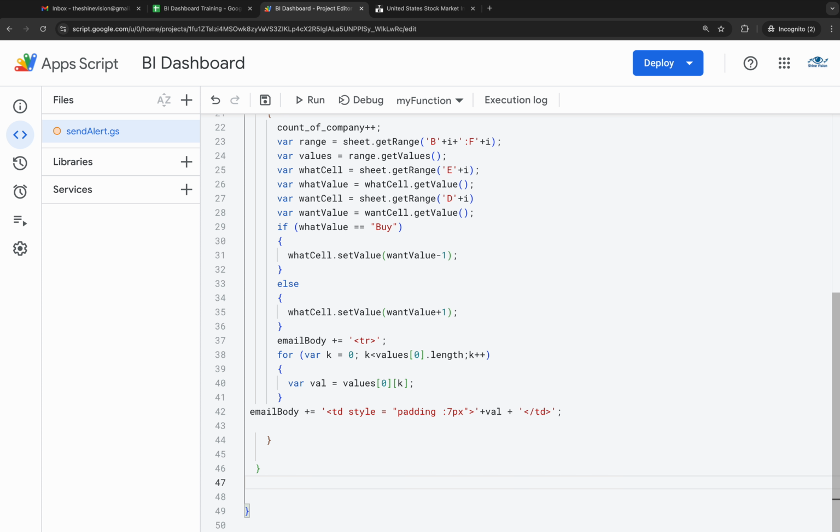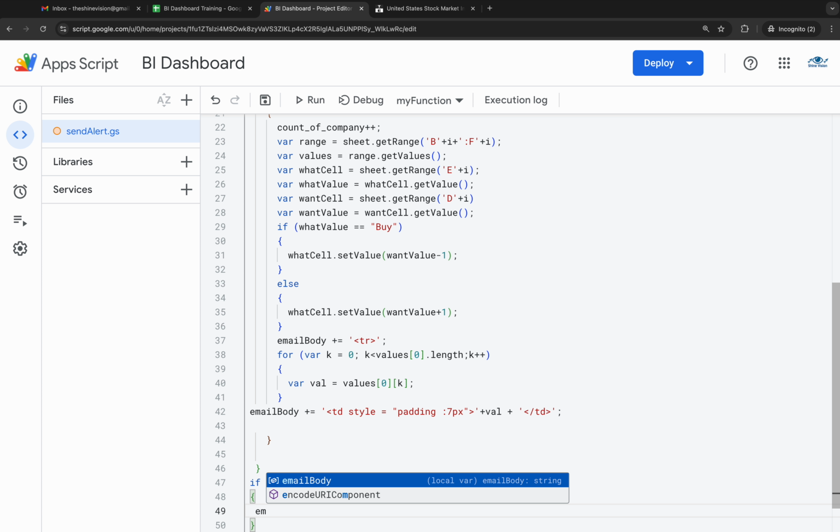So for this, I will use this after this curly bracket. This is for the function close. So before the function is closed, I will trigger the email only if the count of company is greater than 0. This means if there are none of the company that satisfy the alert criteria, then we should not trigger the email. And now first we'll add the email body, and in the email body we'll add the